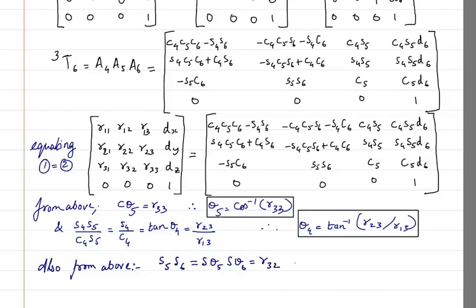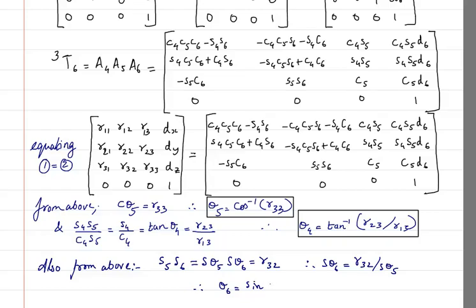Then from here we can say, therefore, sine theta 6 will be r32 divided by sine theta 5. Therefore, finally I can write that theta 6 will be equal to